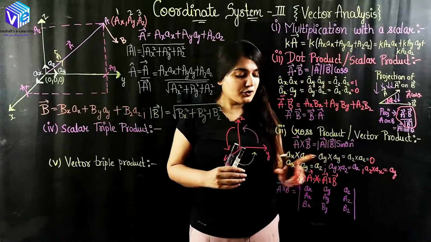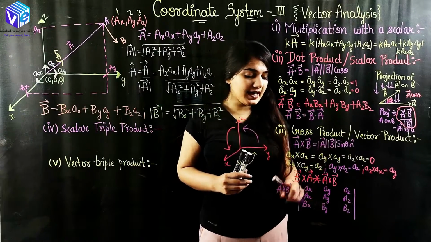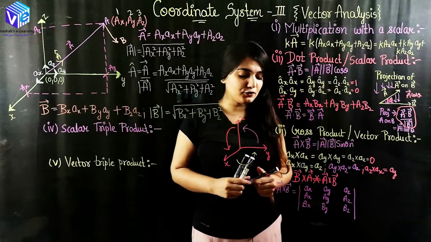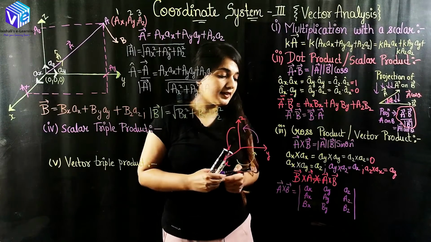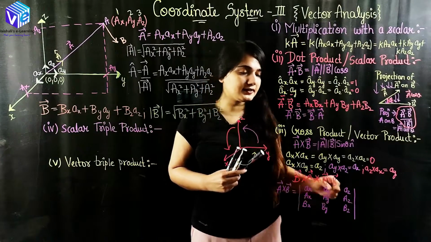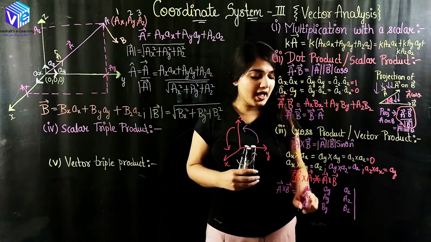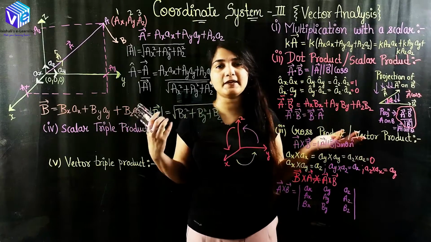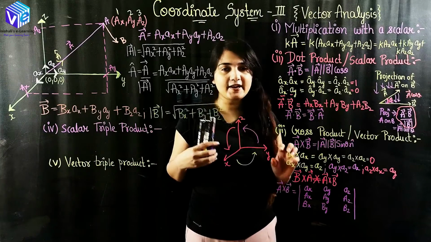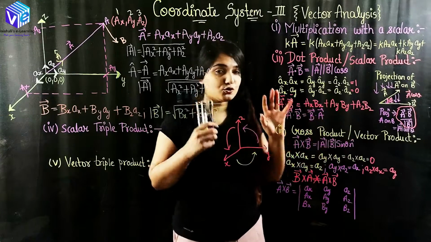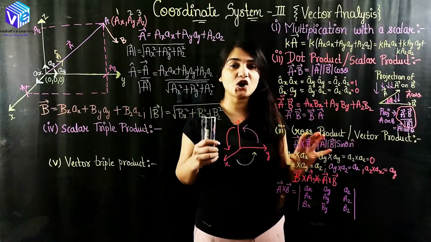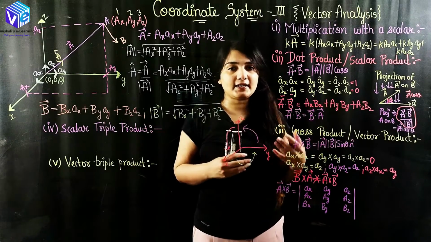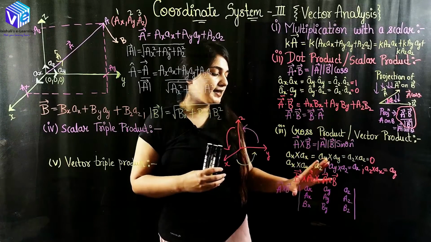So now you can find out the determinant, and this will be giving you the magnitude of the A cross B vector. And here these unit vectors, when combined with the magnitude, will be giving you the actual A vector cross B vector with the direction. So you must remember that it is not just a number, it is a vector. It is having the magnitude as well as the direction.